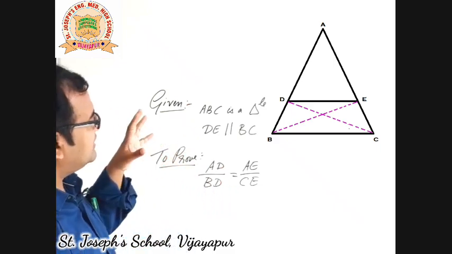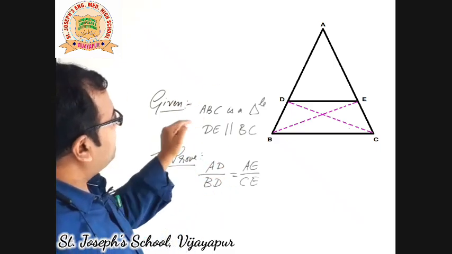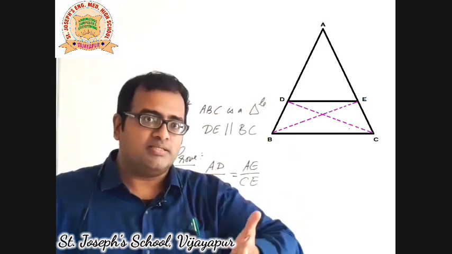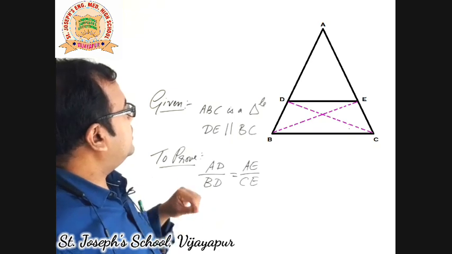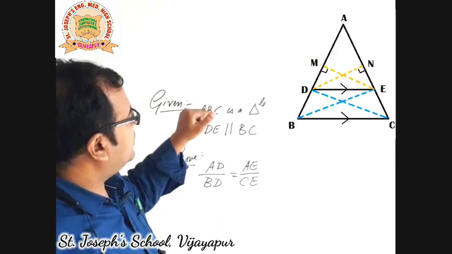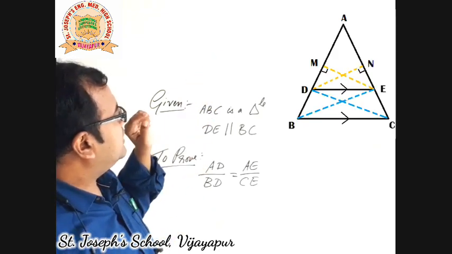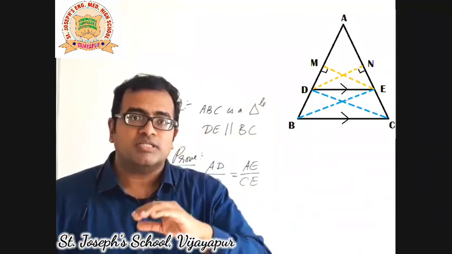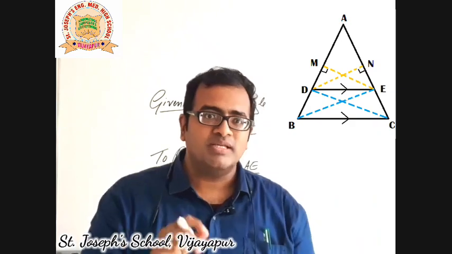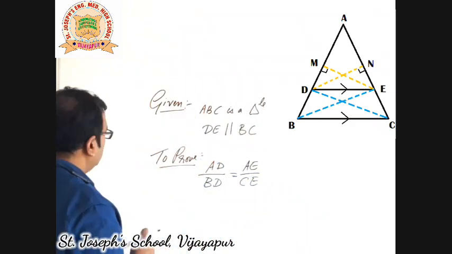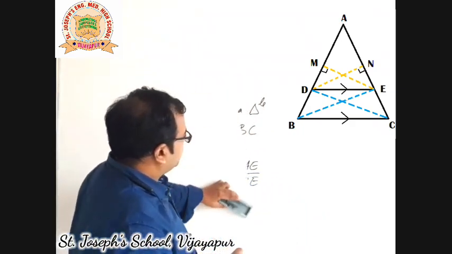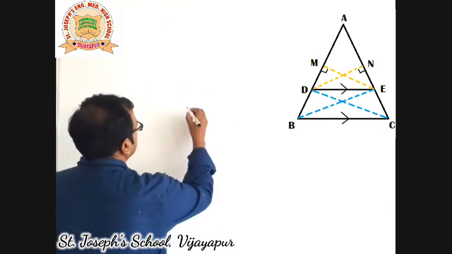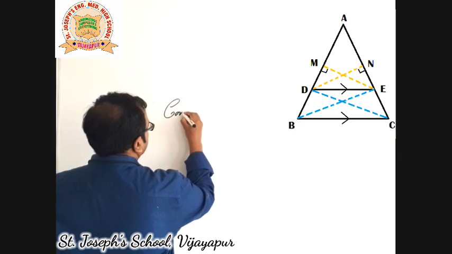So what is the construction necessary here? Join BE and CD, you will come to know why this is done at a later stage. Then draw EM perpendicular to AB. Similarly, draw DN perpendicular to AC. These are constructions done at a later stage, so we use dotted lines. Now, let me just write the construction step we used in a short way using symbols. So, construction.